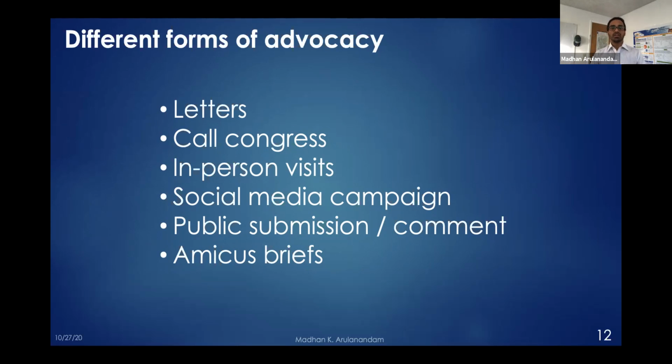And the third one is in-person visits. This is very much in alignment with our legislative action days that I discussed a few slides before. The main idea behind paying in-person visits is, first of all, to thank your congressperson for all their efforts and all their work. The second point, which is most important, is to try and build a rapport with yourselves, your organization, and the congressional office so that you would become the nodal point, a resource, whenever